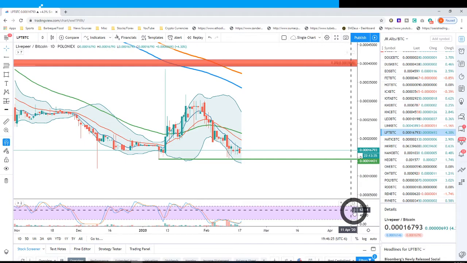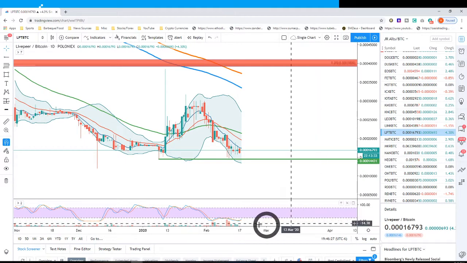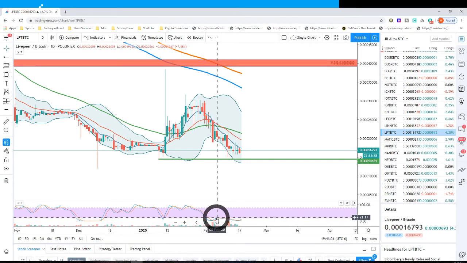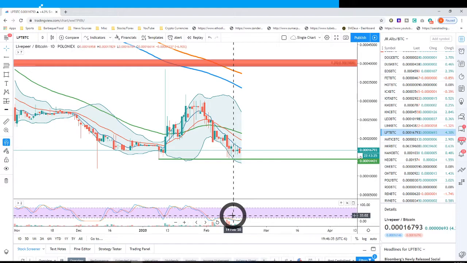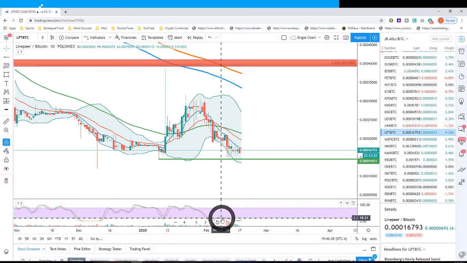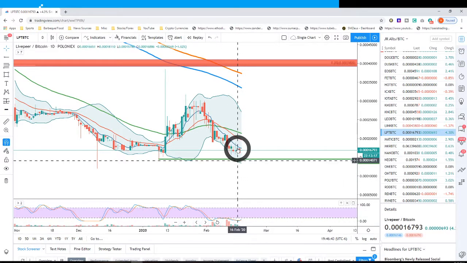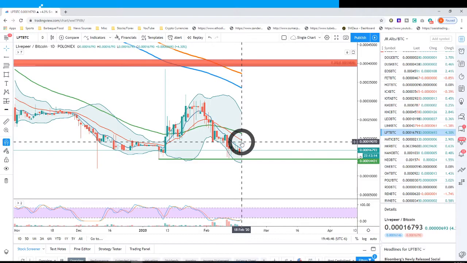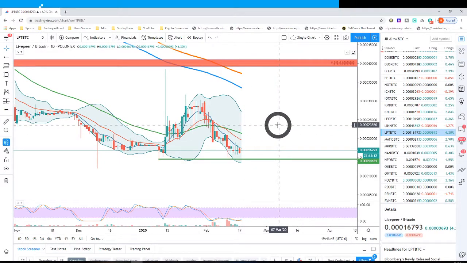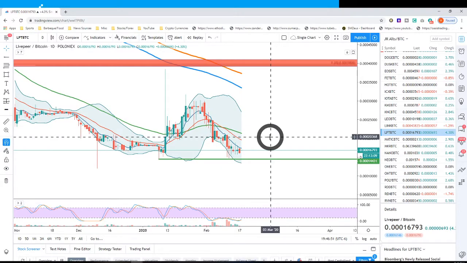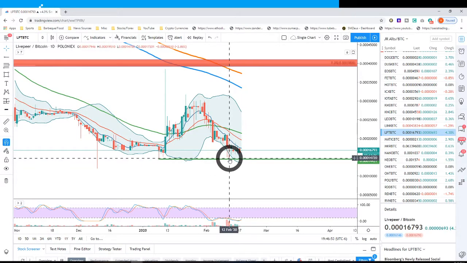Stochastic RSI, and here's the problem: once it looks oversold and it tries to turn, it just gets rejected and can't even break above 20. So I would want to see more sustained movement, get past the 10 EMA, get past the 20, and start to turn these moving averages around. I mean, technically you could play it as a double bottom, but